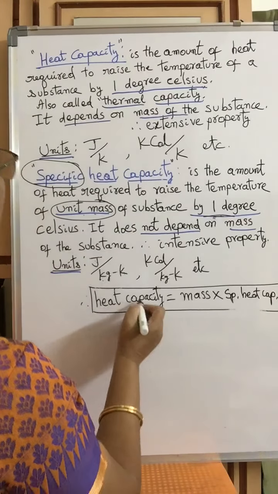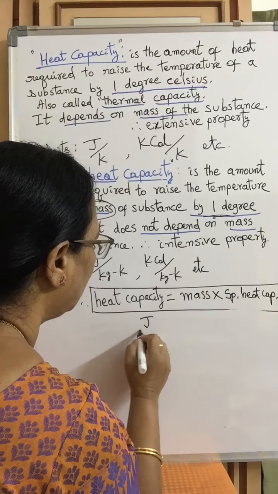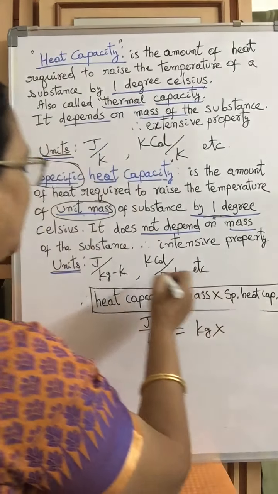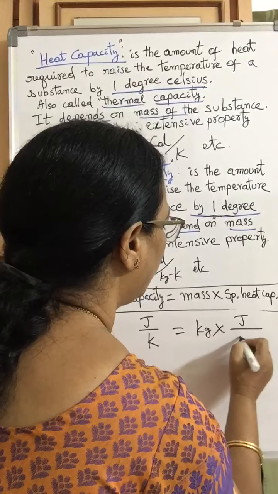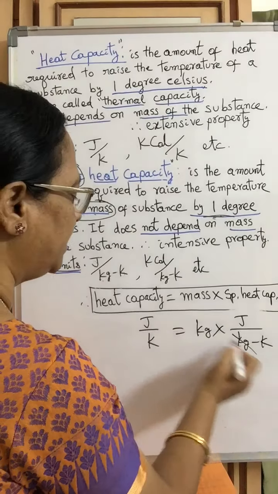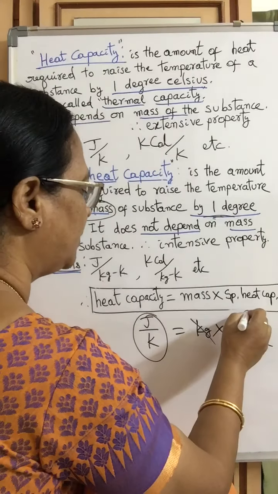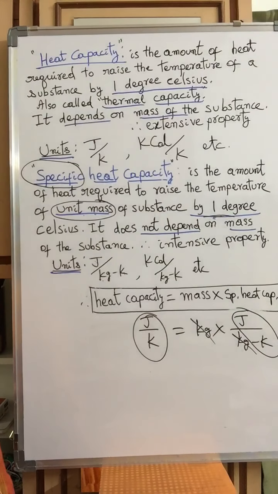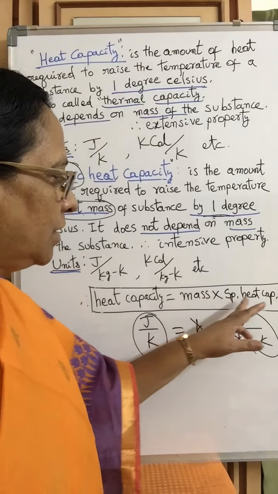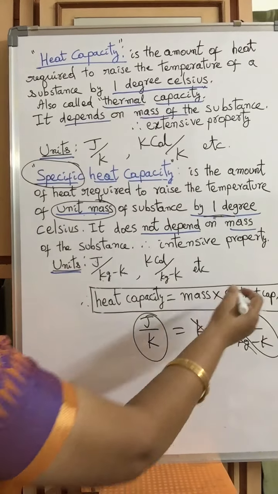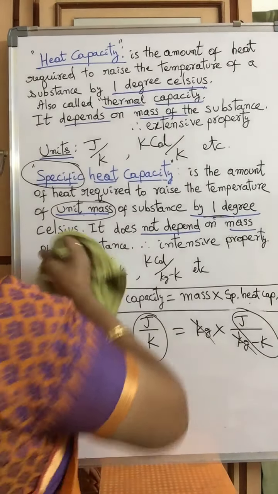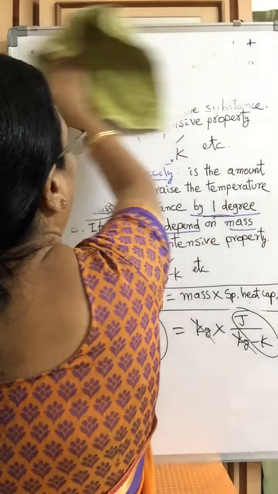What are the units of heat capacity? Joules per Kelvin, equal to mass in kg times specific heat capacity in joules per kg per Kelvin. The kg gets cancelled, leaving joules per Kelvin. So heat capacity is nothing but mass times specific heat capacity, or specific heat is equal to heat capacity divided by mass. Another 2-3 points we will discuss